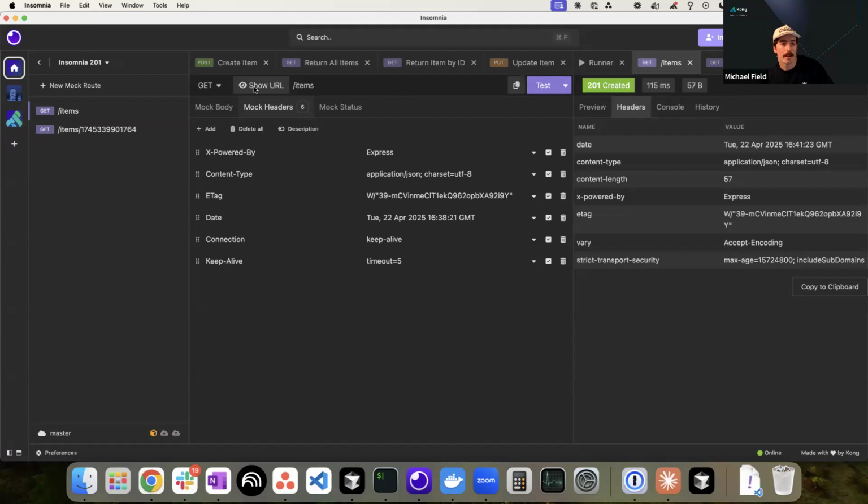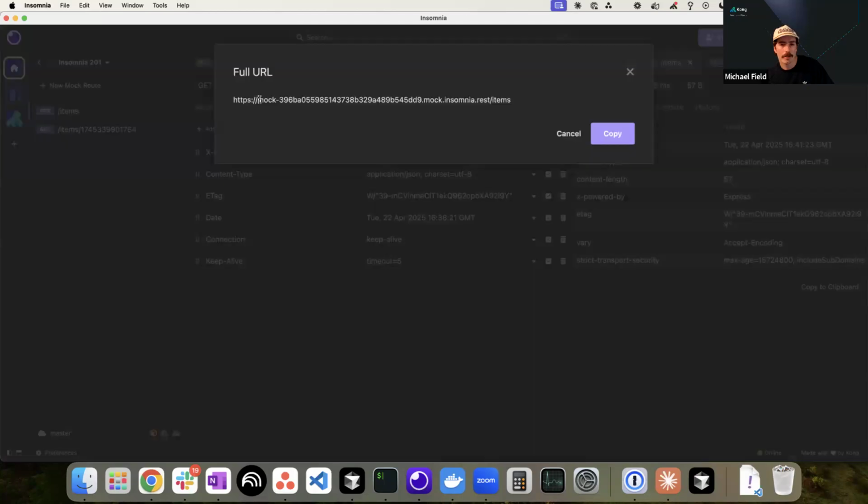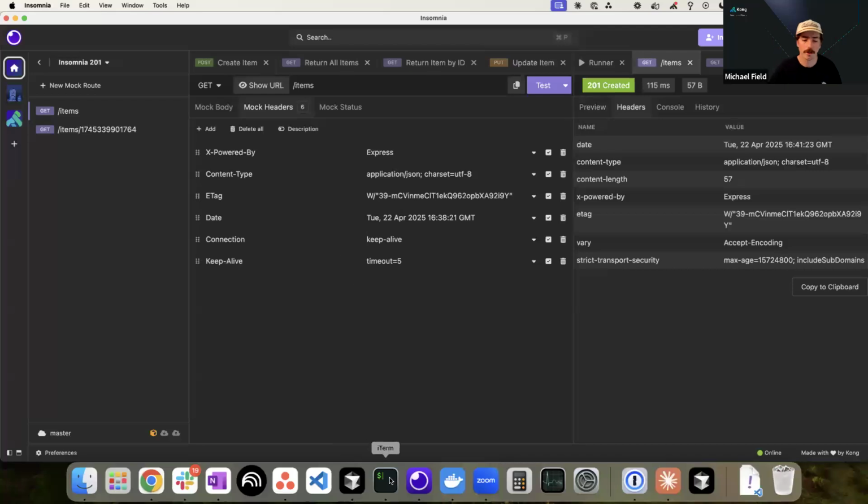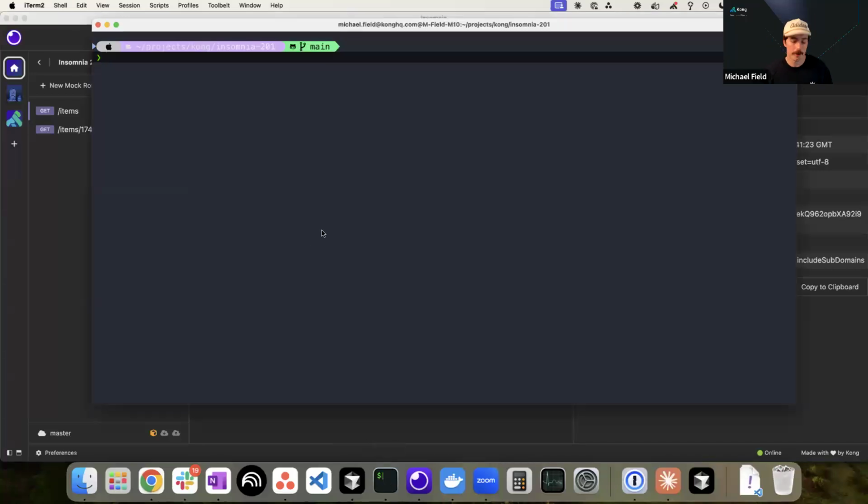And if we actually go and look at the URL here, we can see it's not actually hitting localhost. It's going to this mock server hosted in the cloud. So I can go ahead and copy that. And just to show the functionality here, if I switch over to my terminal view and I want to send a request there,